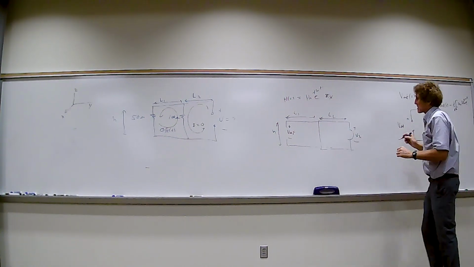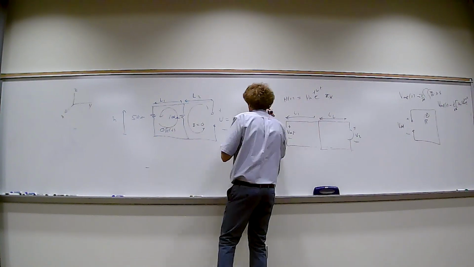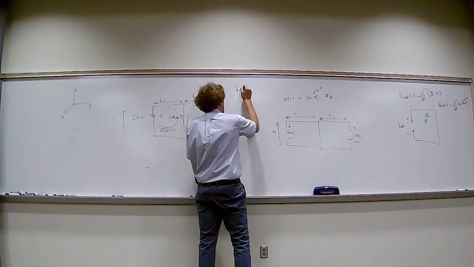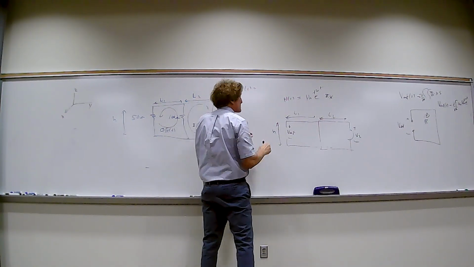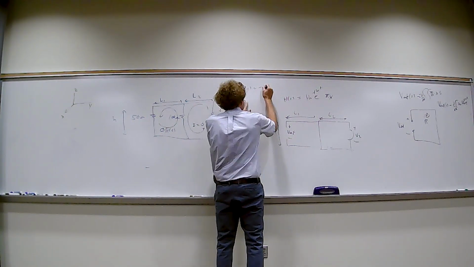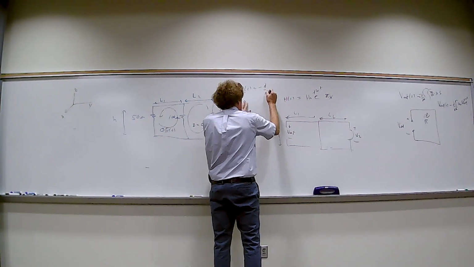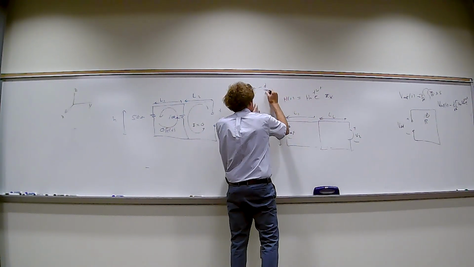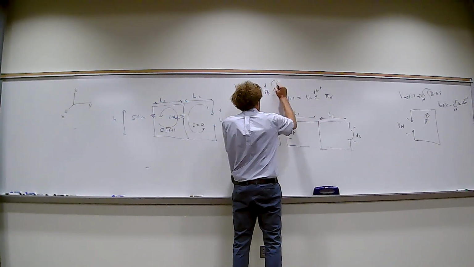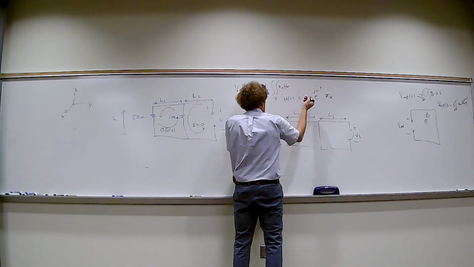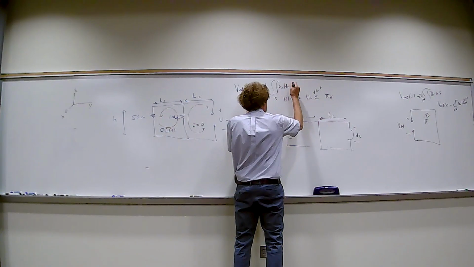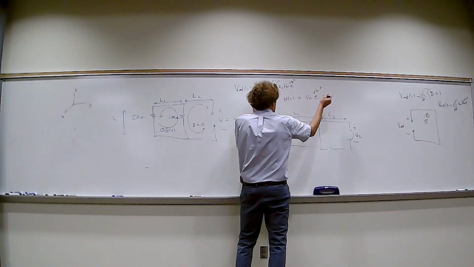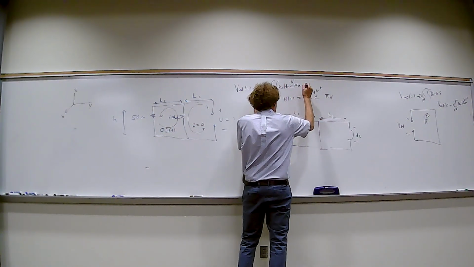Actually, let me write it over here because I'm running out of room. V EMF of t is going to be equal to minus d dt, and then the surface integral of mu 0 H naught e to the j omega t, ax,